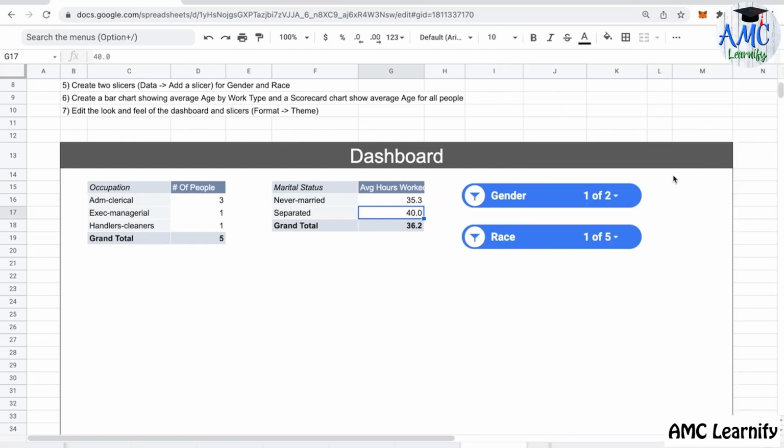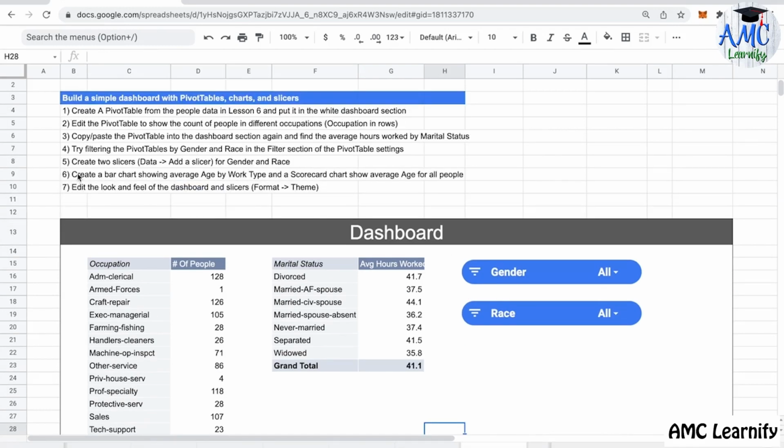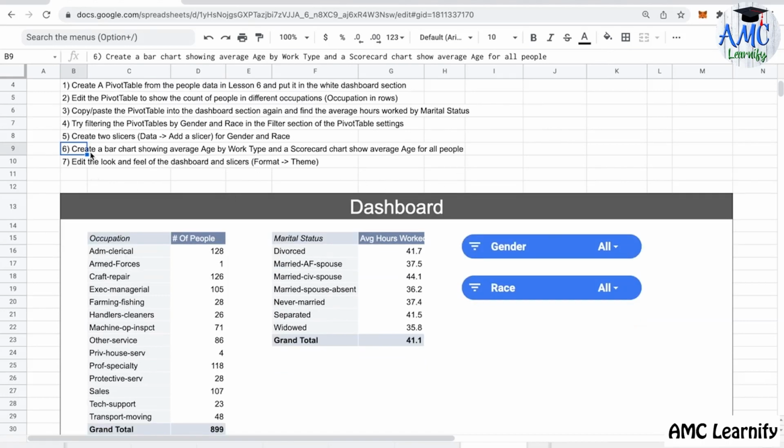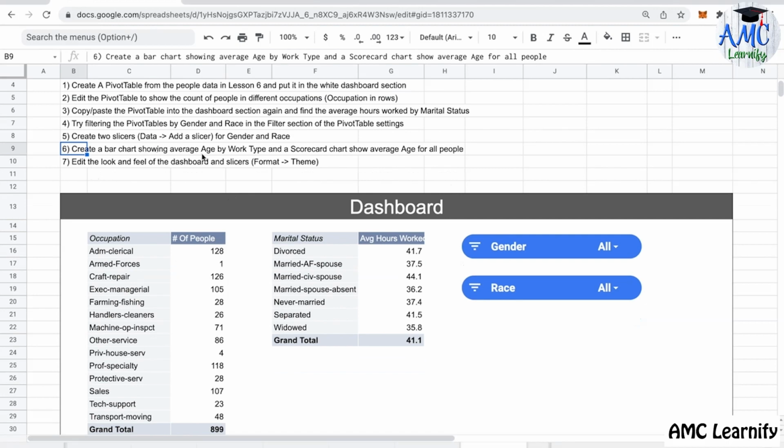Let's go ahead and undo these filters for now. Now, we'll move on to Step 6, which involves creating a bar chart to display the average age by work type. Additionally, we'll create a scorecard chart that showcases the average age for all individuals. Let's take it step by step. First, we'll create a bar chart to display the average age by work type. To do this,